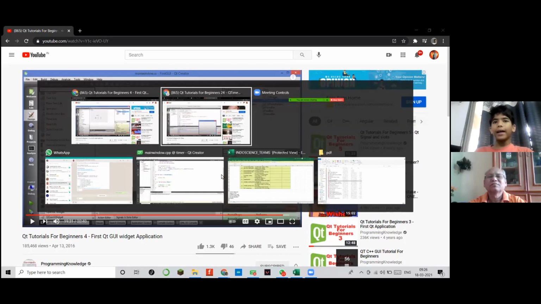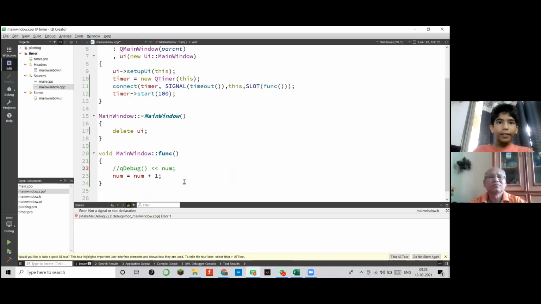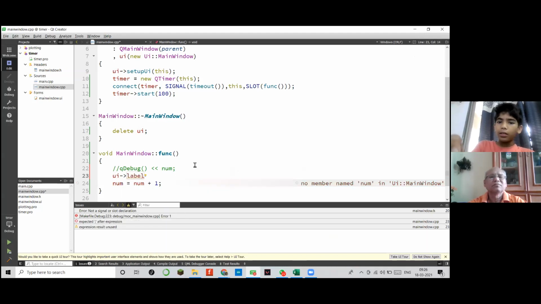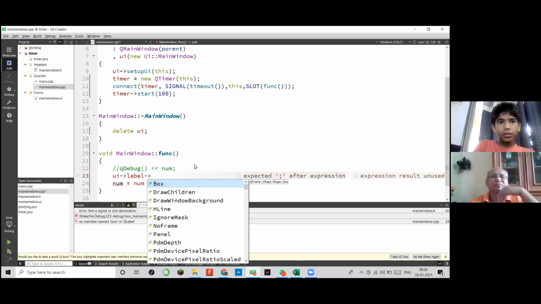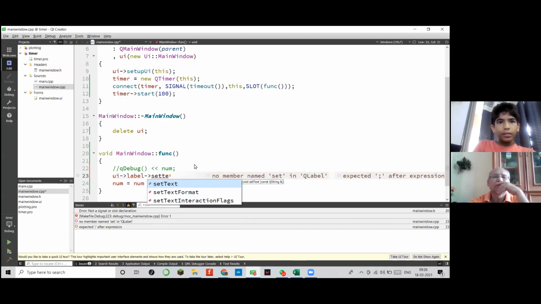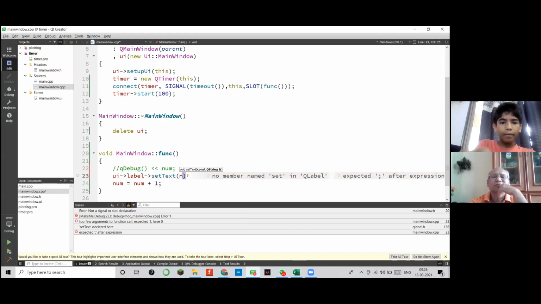Okay, UI. That is what I was trying to find. So sir, what I'm going to do is UI, then label, set text to num. Sir, how do I convert the num to string?